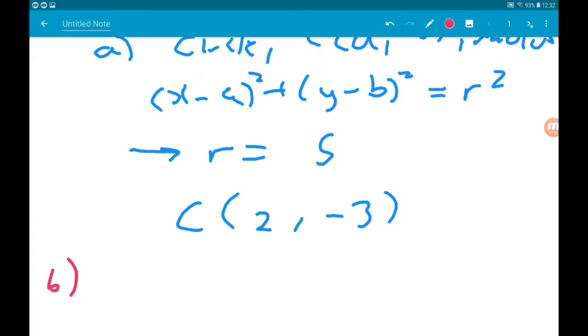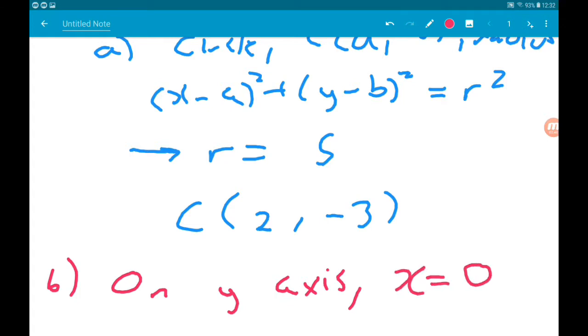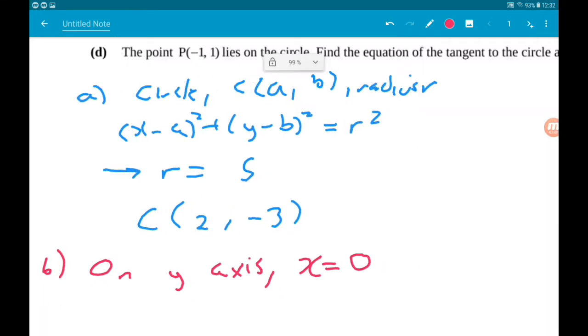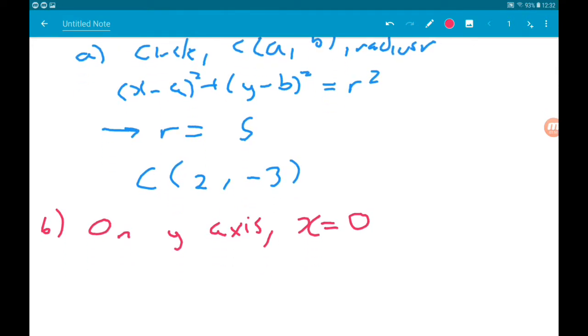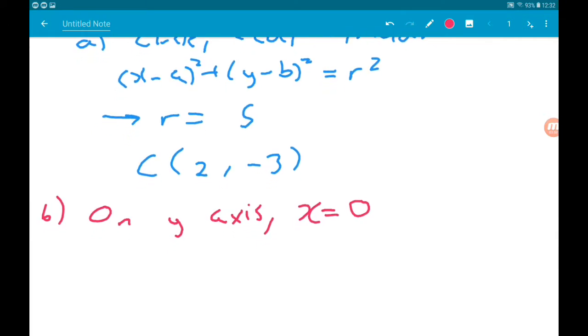Well, on the y-axis, x is equal to 0. Now that means then we substitute x is equal to 0 into the equation of the circle. So when x is equal to 0, we get